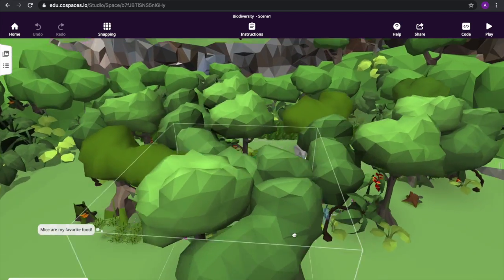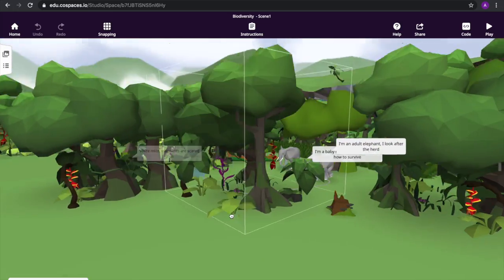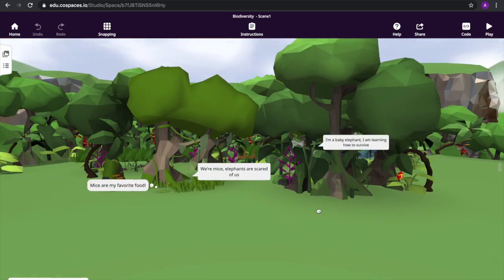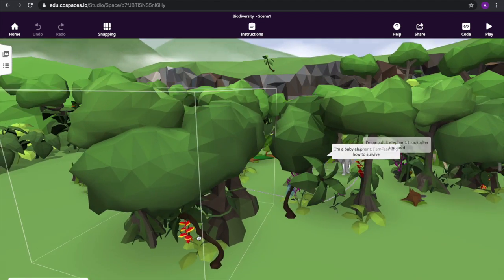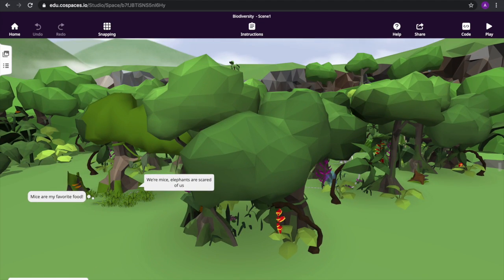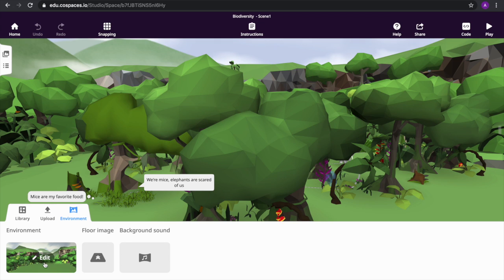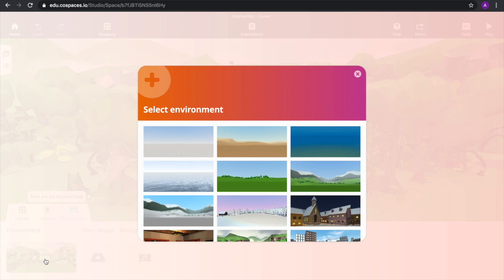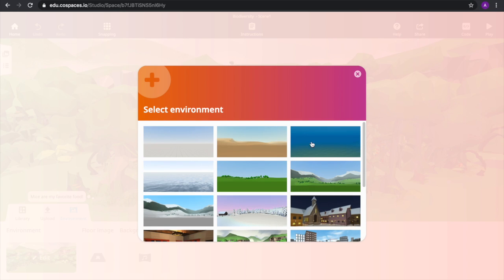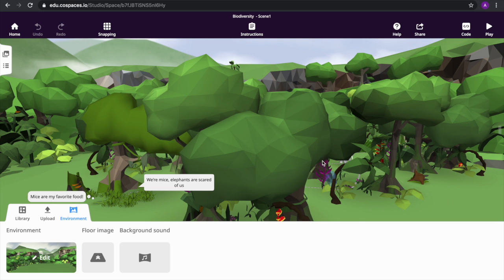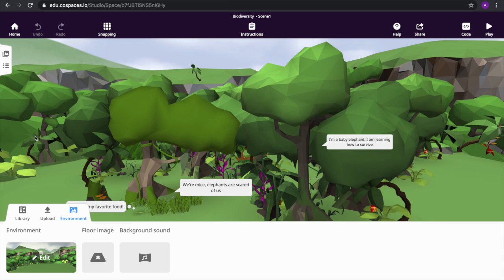So again, as the teacher, you have full edit ability when you're in here. So if you do see something inappropriate, you can get rid of it. The students will be given a blank Cospace initially, and the first thing they'll probably do is select an environment. So here you can see there are different environments that they can choose from, right? With deserts, buildings, the moon, and that will create the floor and general background, the things that are over here